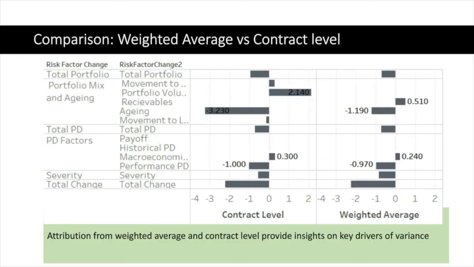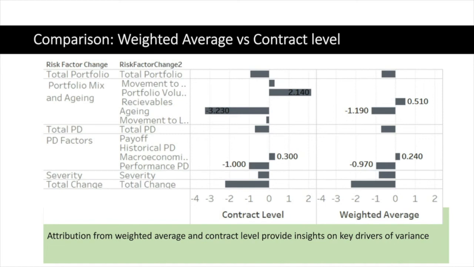This slide shows a comparison of the weighted average and the contract level methodology. The big take-home here is that the two methods are very similar in their attribution. However, they are not identical. Part of the reason is that the SAS collaborative effort that we performed for the contract level variance attribution mostly focuses on the shared portion of the portfolio